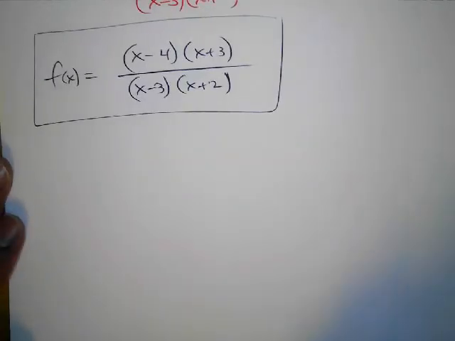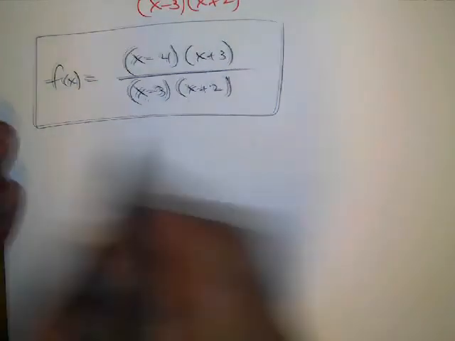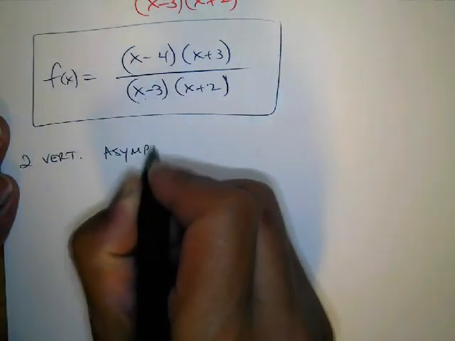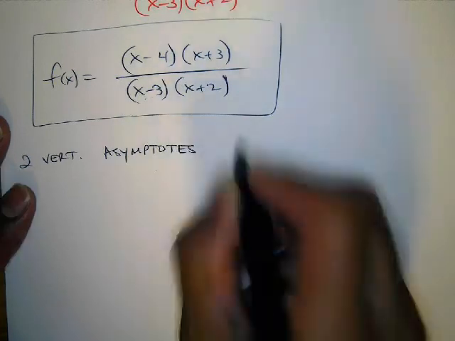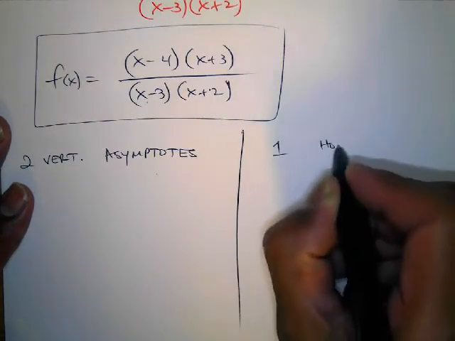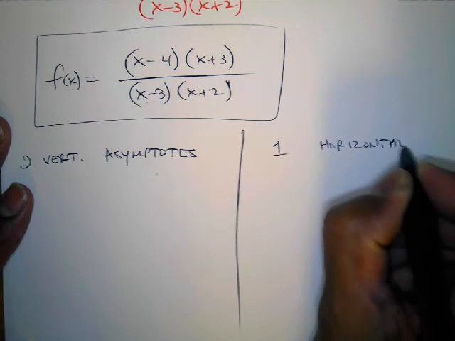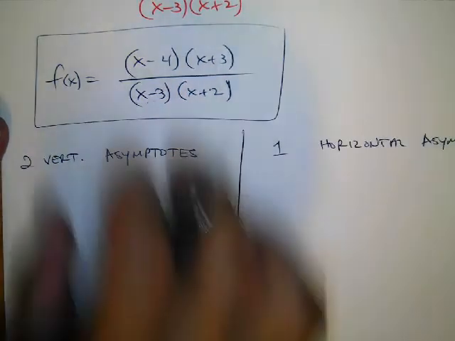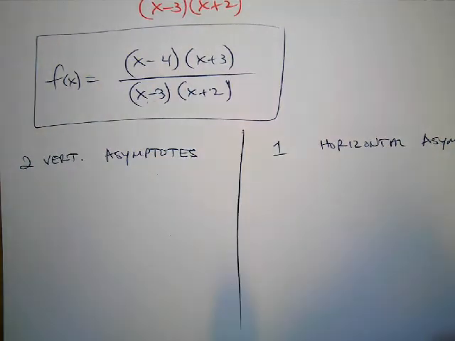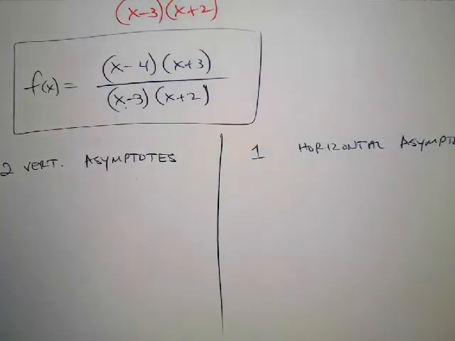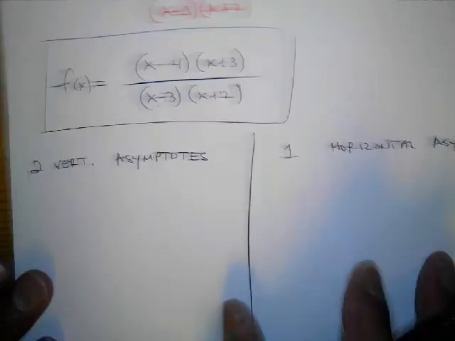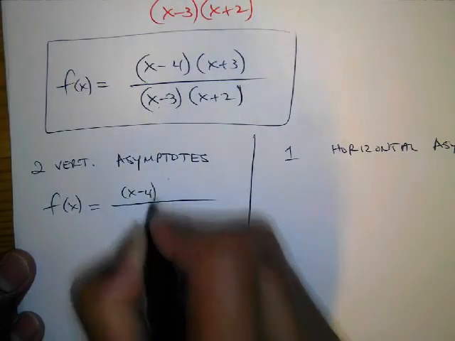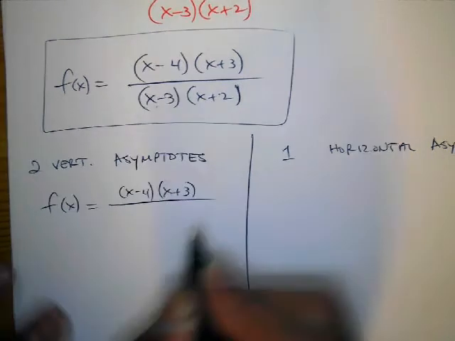Well, now here's where you have to find out your, right, we know we're going to have 2 vertical asymptotes and your 1 horizontal asymptote. So I'm going to copy the function again here. Later, you'll be able to just see it there, but you're learning it here for the first time. For the vertical asymptote,